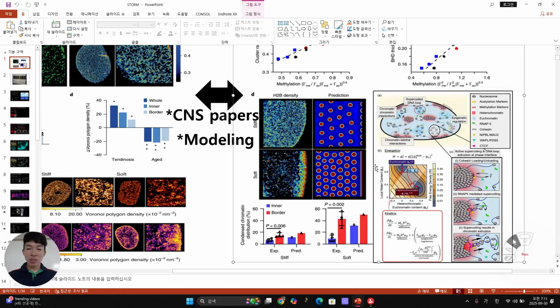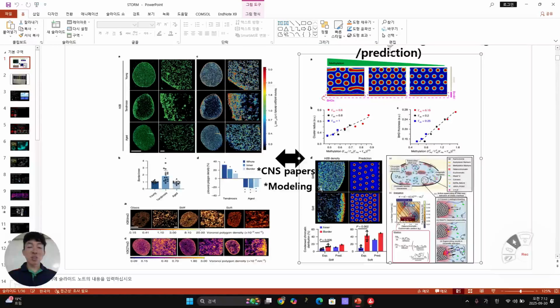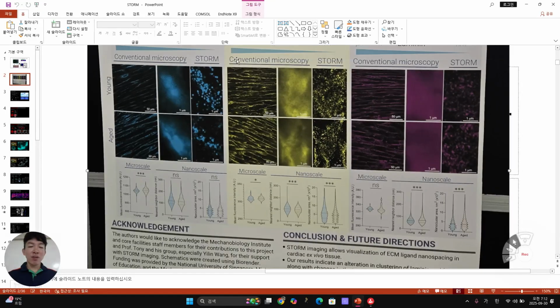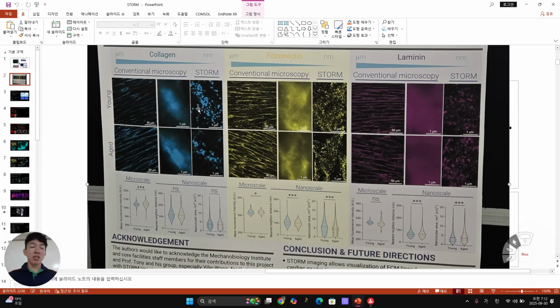So at the last point, expected data or experiment data or predicted data, you can show them together, and then our computer model is quite fitting the real data. So this kind of concept, imaging and then prediction based on computer modeling, has been published a lot in science papers. So when I visited the MBI, the Singapore Mechanobiology Institute conference, they were showing a very dramatic difference